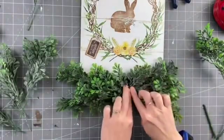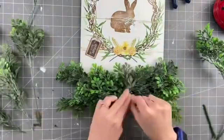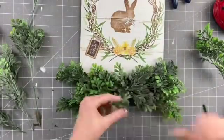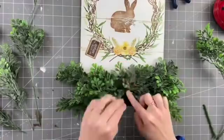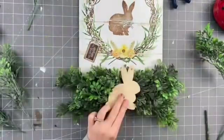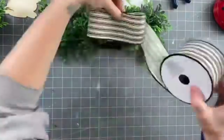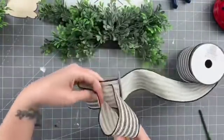So as you can see, I'm just taking little pieces here and there, hot gluing them to fill them up. And then once we are done with that, I actually was envisioning at first the rabbit wood cutout right here, see? And I was like, no, that looks so weird, the rabbit on the rabbit. So then I grab some